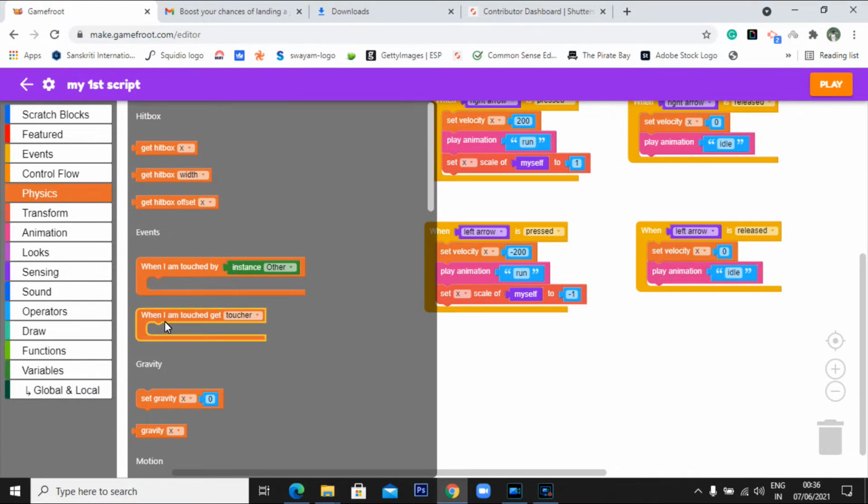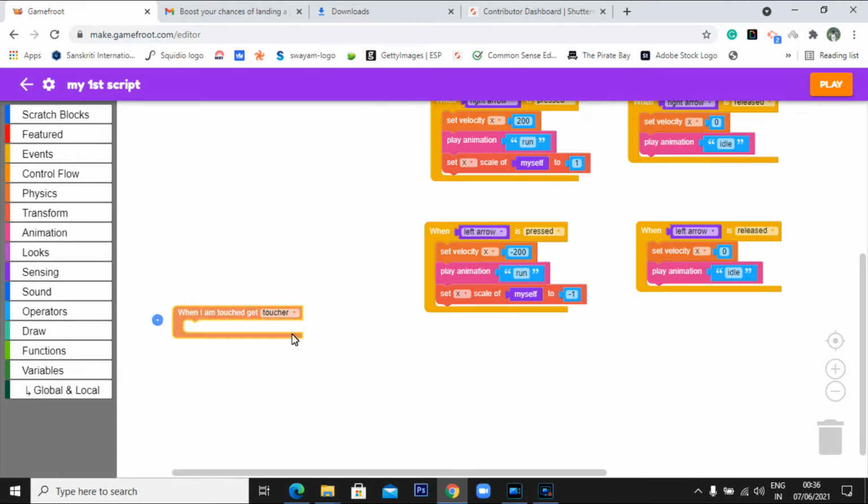Okay, can you see this? When I am touched, run this code when this object collides with this object. So you can see here it says run this code when physics object collides with this object, store a reference to the physics objects in a variable. Okay, so we have to put the variable here. Now variable means